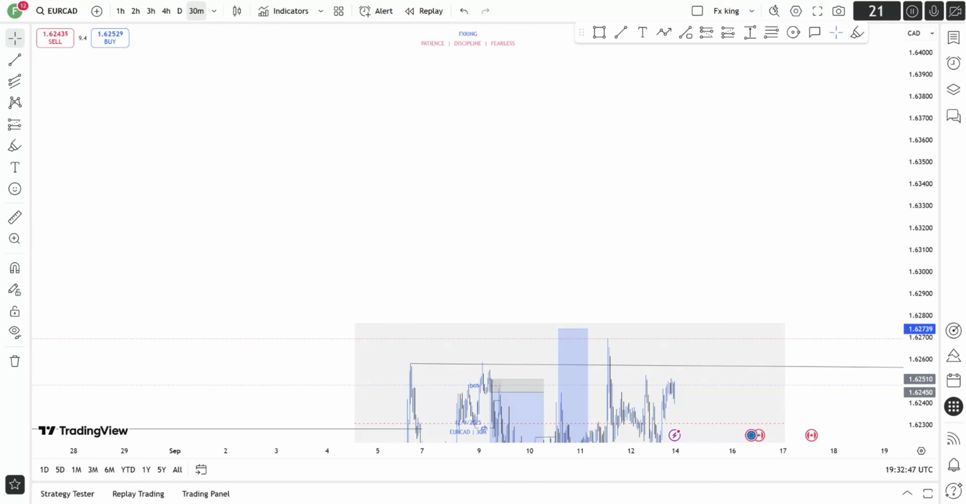Okay, and is it advisable to take these other trades like on the